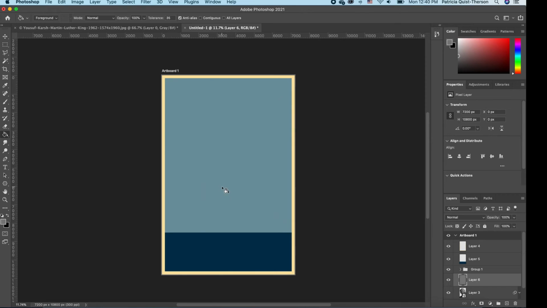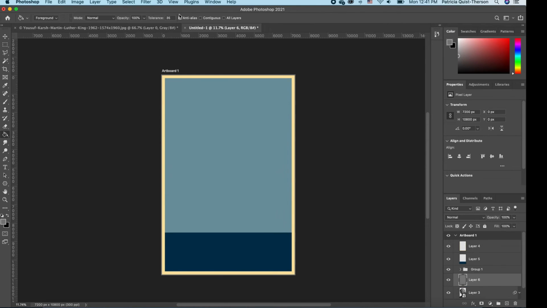So if you notice, the gray that we applied is not what we see, and the reason being that we have the adjustment that we applied right on top of it. But if we move it out, then you will actually see the gray color. So if I move it out,